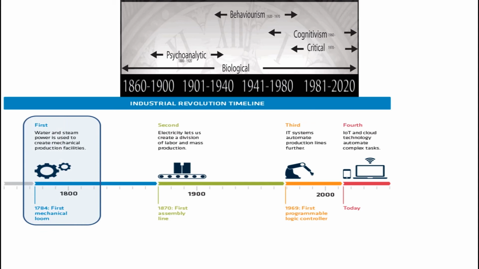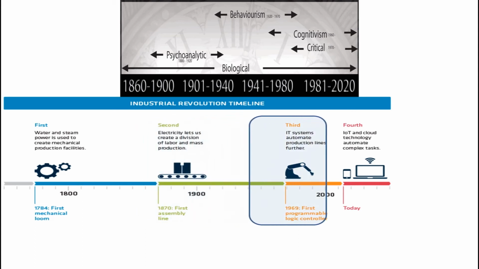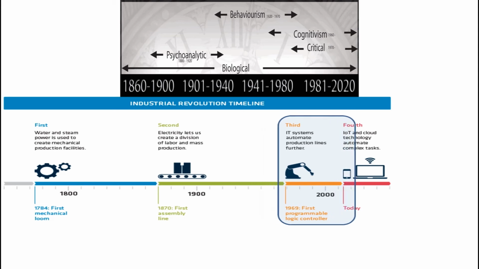Now, the first industrial revolution was the mechanization powered by steam and water. And that's when you first started seeing the big factories being built and mass production. The second industrial revolution was the factory assembly line and mass production powered by electricity. So it moved from steam and water through to electricity. The third industrial revolution was the development of electronic and information technology. So this is where robots started entering into the factories and on the assembly lines.